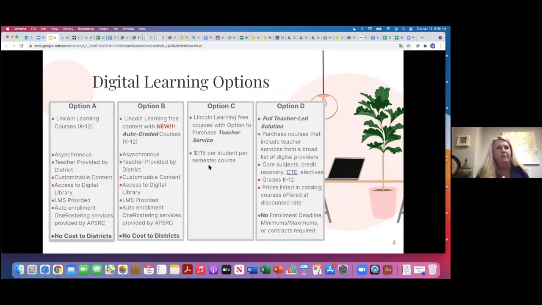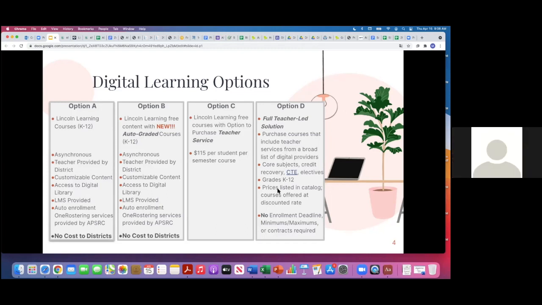I think this is probably the biggest one that is new to us, and that is option C, where you get the content because it's secured through the grant, and we also have access through the grant to a learning management system, but this lets you do an a la carte service for teacher service only. That's just trying to think through and provide options for our schools that may find themselves in a unique need of a shortage, maybe in one area, or a need to serve some kids that are still in that virtual setting. So we will share how to reach out for more information about these options at the end of our presentation.